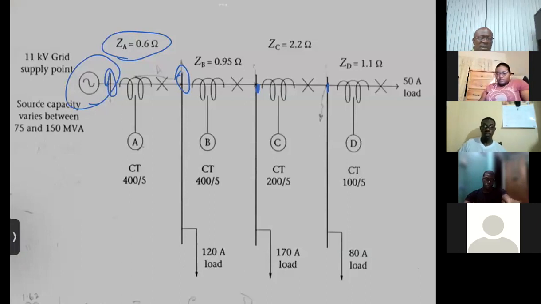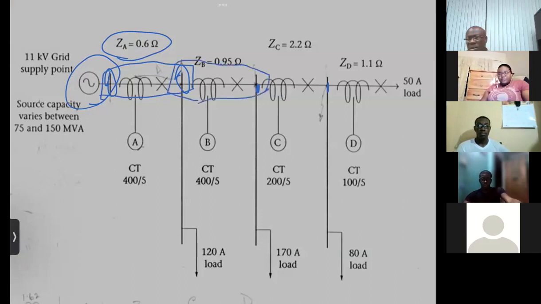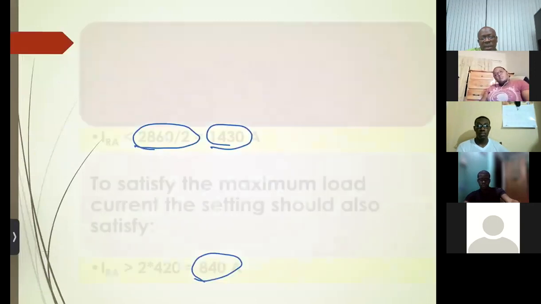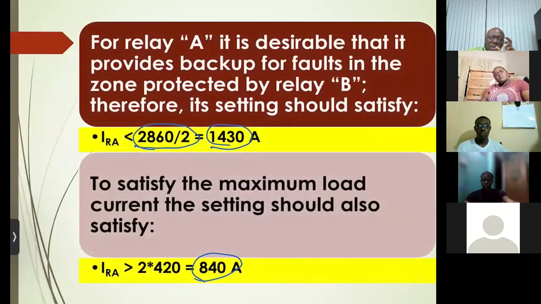The zone that covers here, it would go all the way down. So it will be overlapping that. In this case, however, we're not looking at anything in the reverse, so the overlap would only be going forward. So at A, we are saying that it must be able to operate in the event